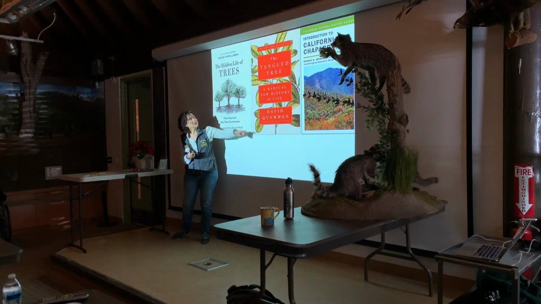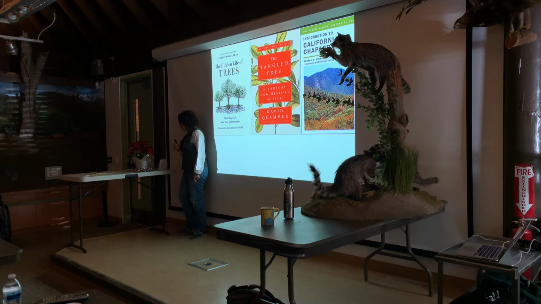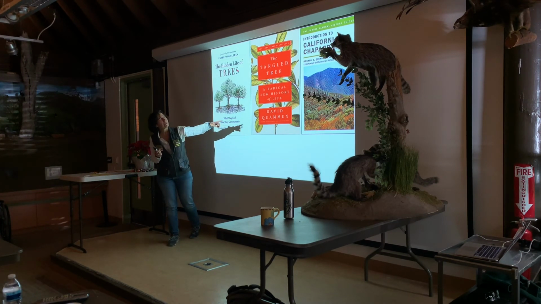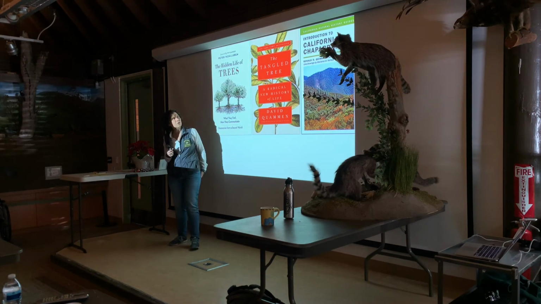This book, The Tangled Tree, is actually about genetic relationships among things. So I was talking about the bacteria and the archaea and all the different kinds of living things. This is a book that explains how people collect that information and organize it, and what that means for the way we understand the world. It's very well written.